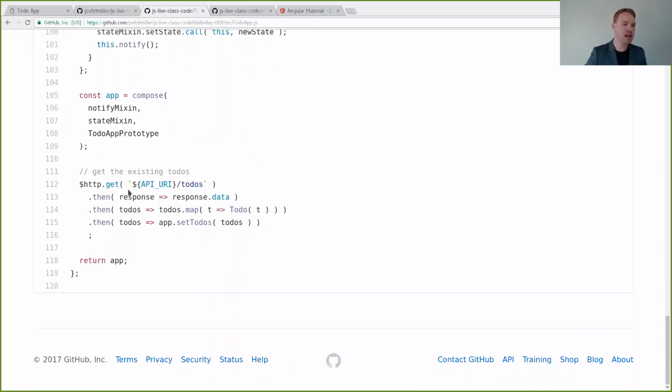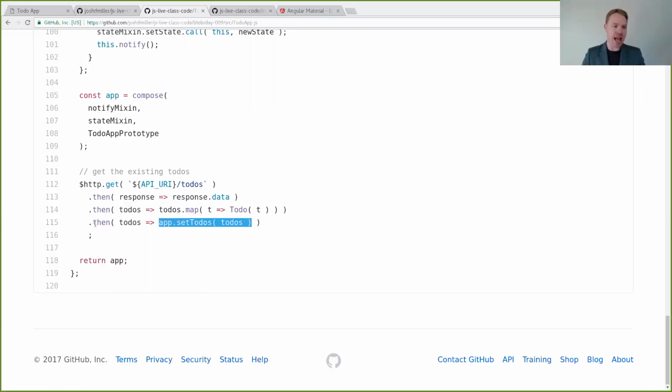All right, and so then lastly, right when we create a new instance of to-do app, we know we need to get the to-dos that are on the server, right? We know we need to start with the list of to-dos that the server already has that were saved last time. So just like before, instead of doing fetch, we do $http.get to /todos, again grab the data object, and then these two are identical. And because we did this inside of Angular's timeline, this app.setTodos is synchronous. Because remember, in our unidirectional data flow, all of it has to be synchronous along the way. Once you set it, it has to be synchronous.